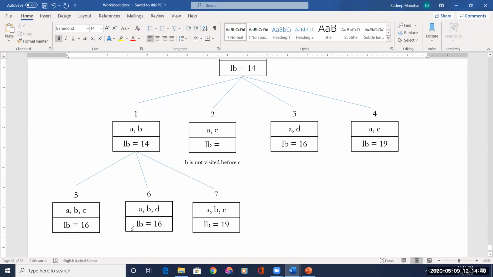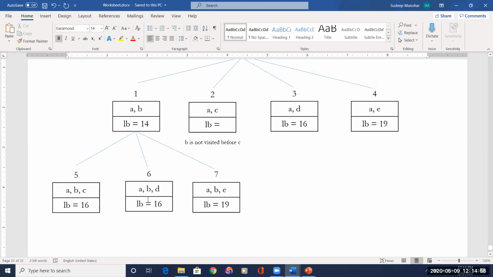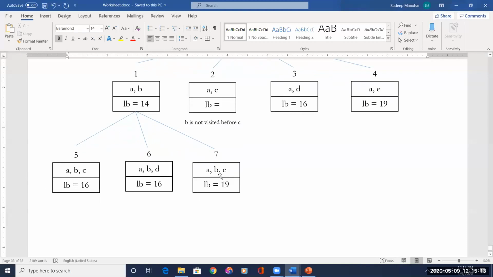Now out of these 3 nodes, you can choose any. Based on the convention, what we do is we choose from the left hand side. That means from the recent level we will choose. From the recent level, that too in the left hand side, it is node number 5. We will take this first. So all 3 are promising nodes. Node number 5, node number 6 and node number 3, all 3 are promising. But we have to choose any one, and we'll choose the most recent level. In the most recent level, the leftmost we will take first. That is node number 5.